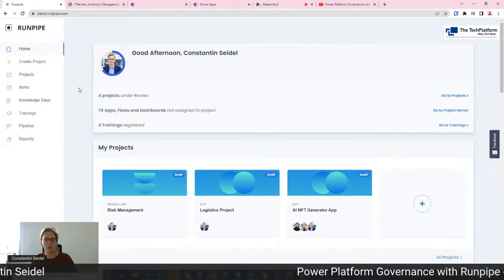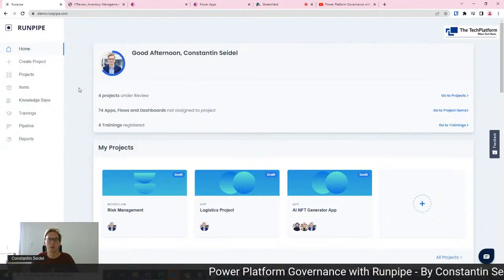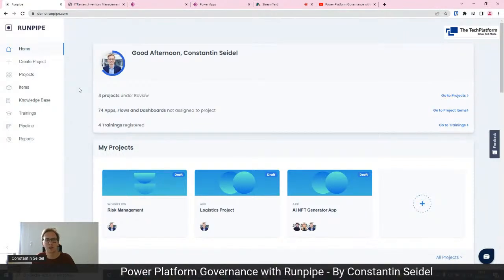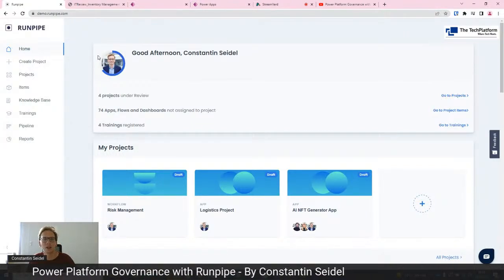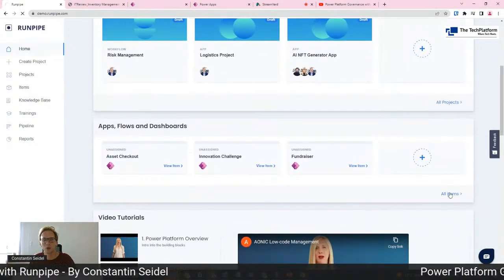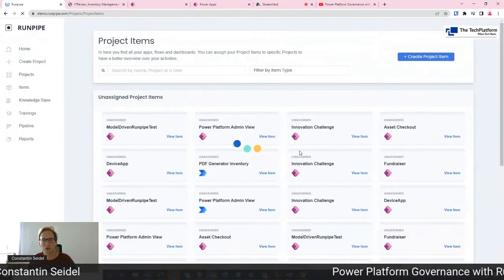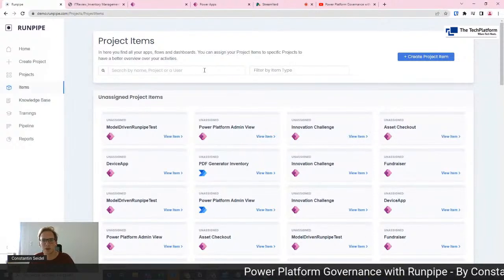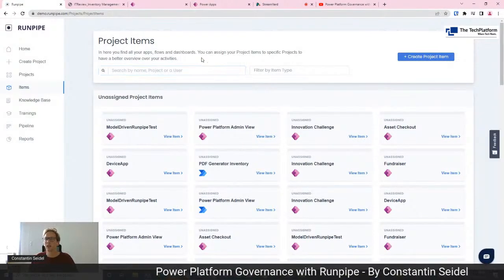Okay, and here I will give you a brief overview of what the person is looking at inside of Runpipe when on the home screen. You can see all your projects. You have a view of all your project items, like all your apps, flows, and dashboards. You can filter them by type. You can search for them, and this might be a quite